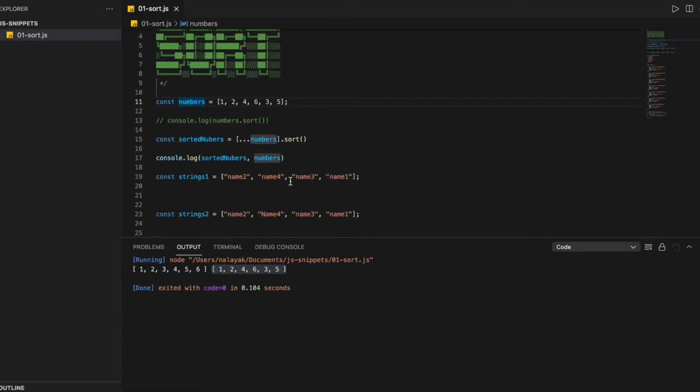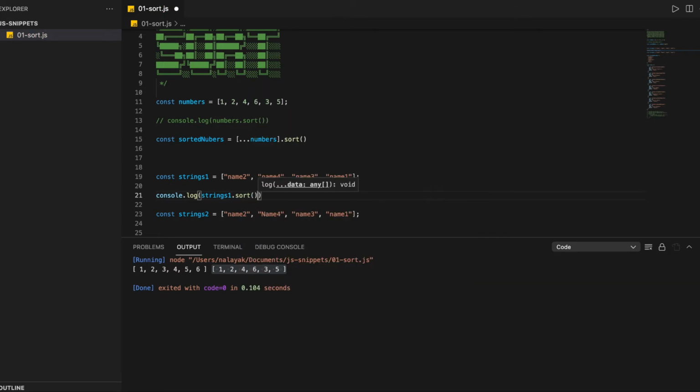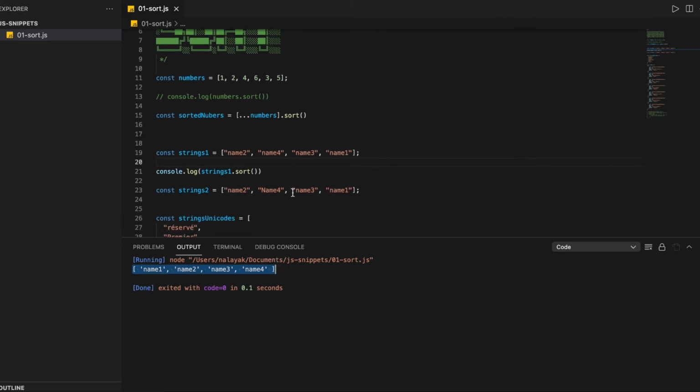Sorting a string is also very similar to numbers, so you can use the sort method over string values. If you try to sort the string array, as you can see, this array of strings is already sorted. One thing to be noticed over here, the sorting is by default case sensitive.